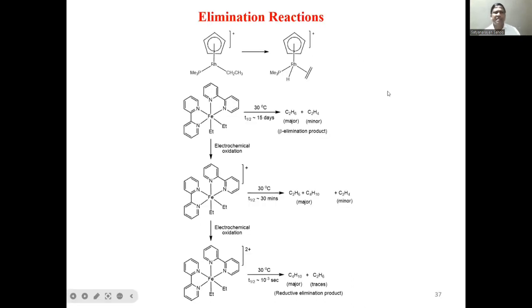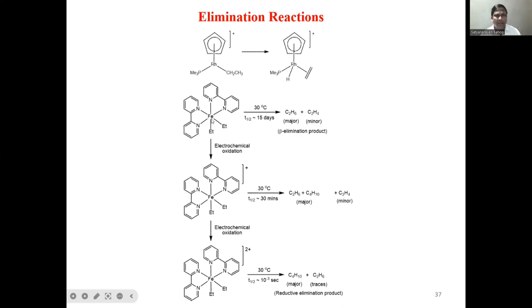So here we'll see an example. This is the beta hydrogen elimination. As you can see, this hydrogen present on this beta carbon is eliminated. So we are having a metal hydrogen bond plus this alkene. So we have taken an example in which,